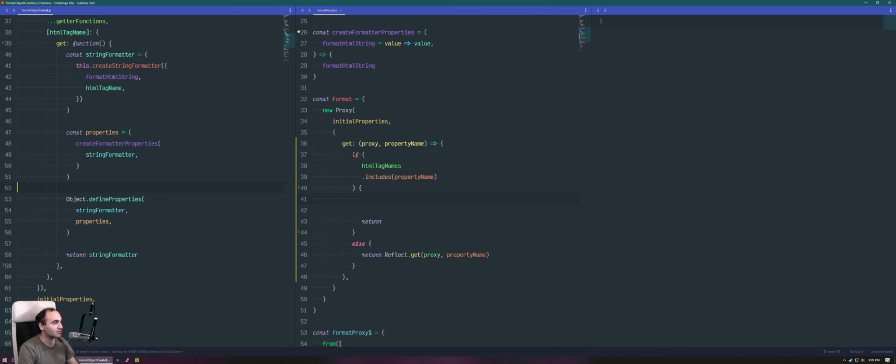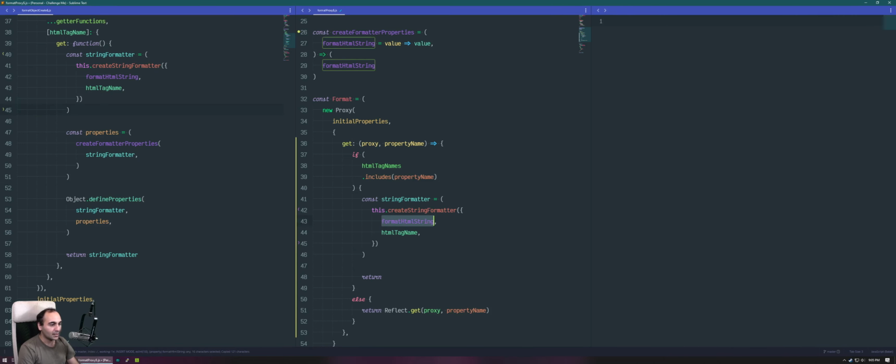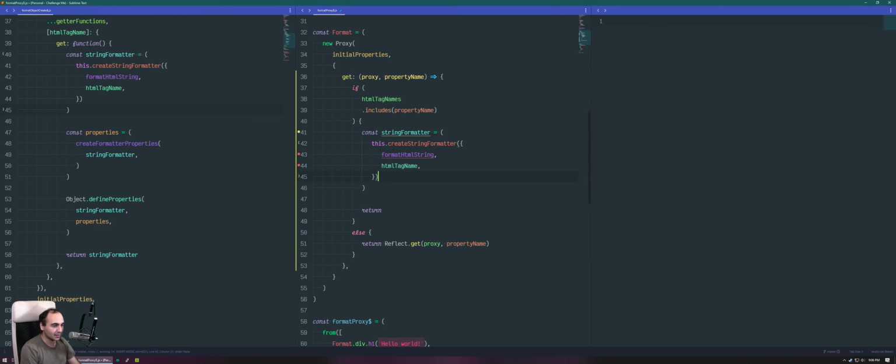Okay, let's try that. So let's copy this part. And we know the tag name because the tag name is going to be the property name that came in. I would like to call it HTML tag name. Yeah, then now we know what that property name is equal to. Because we said if HTML tag names includes the property name, therefore our HTML tag name is that property name. And then we need a string, the formatter string. And this